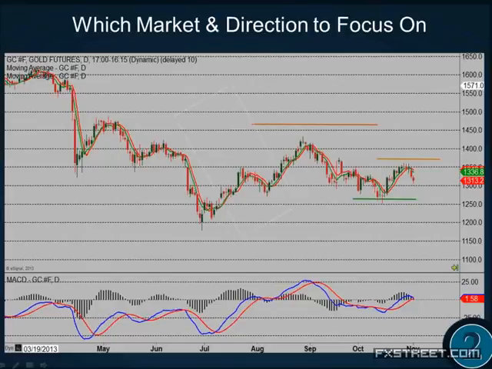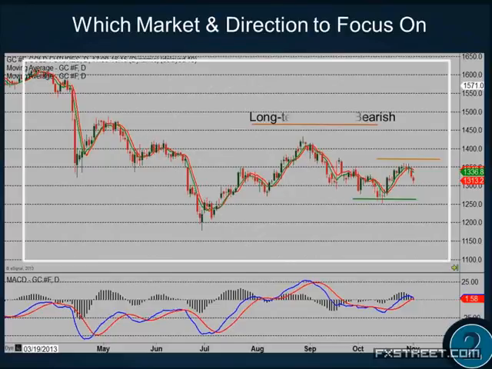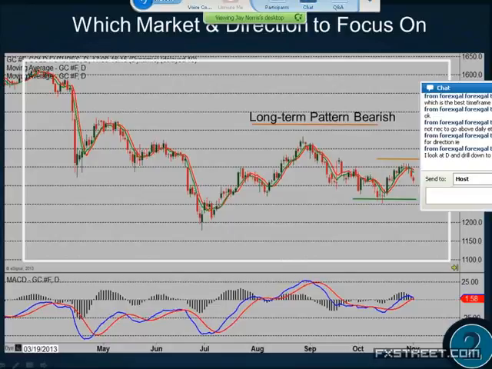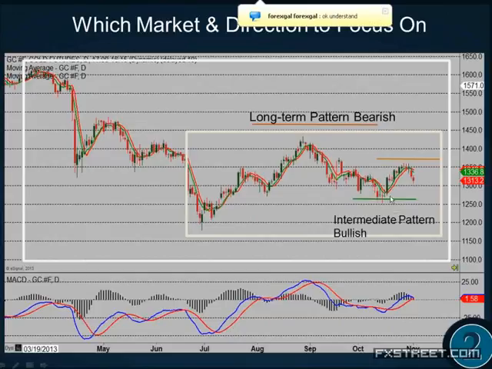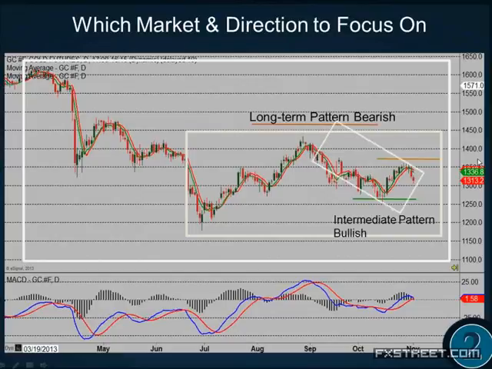Okay, so hopefully you understand that you can determine the direction on any time frame pattern, but there's also different patterns at play. For example, that long-term pattern is bearish because you're below that risk tolerance threshold level, right? Yet we have an intermediate term pattern that's bullish because you're above the intermediate term risk tolerance threshold level. And we have that short-term pattern which happens to be bearish because you're below that bearish designation. So price isn't always going to go exactly to that level, but as long as it's above or below that level, we can make that determination of whether that pattern is bullish or bearish.